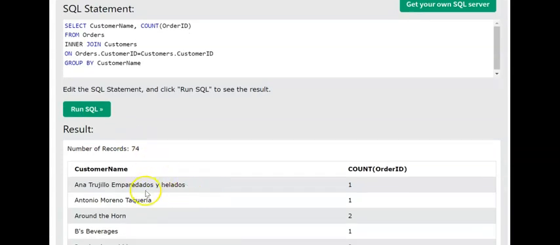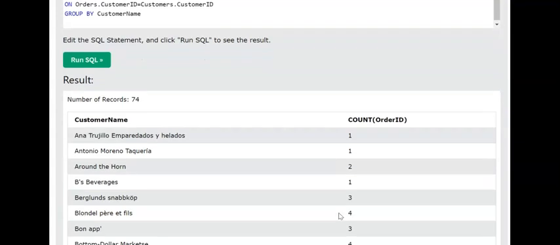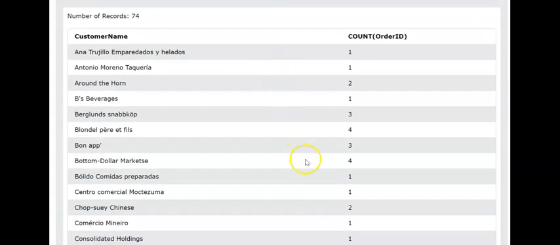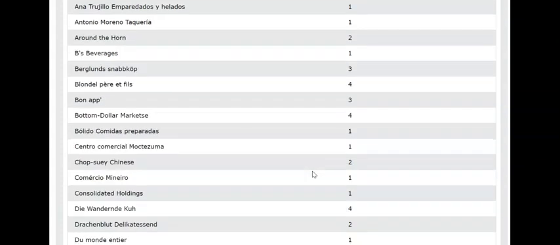So what that achieves is a table that looks like this. So we've basically created a new table by doing this join process. I have the names of the customers and then how many orders they placed. And I have 74 total records. So this, as you might see, is pretty powerful and can provide useful information about